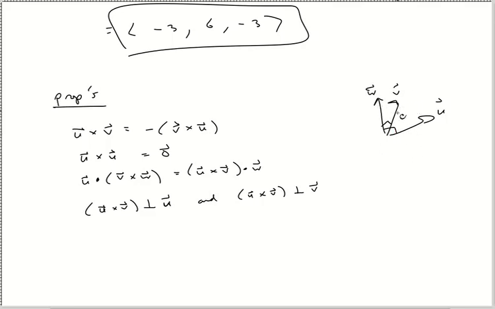I don't think that these two necessarily need to be perpendicular to start, but definitely for sure this result is perpendicular to the other two. So that's what they're trying to say there. The magnitude, the length of U cross V is equal to the magnitude of U times the magnitude of V times